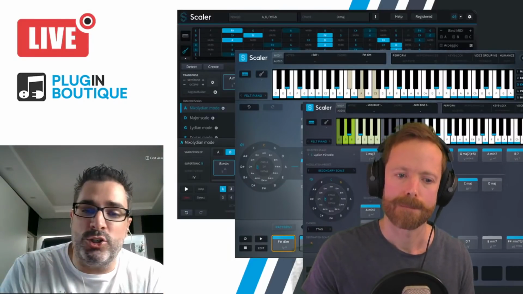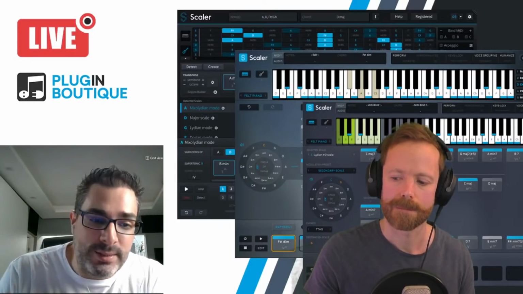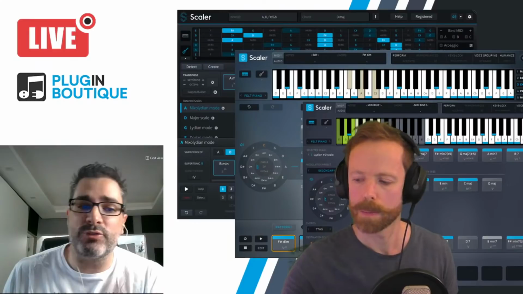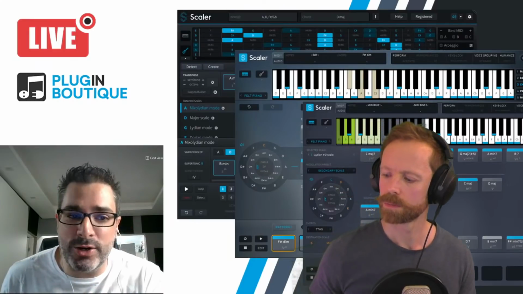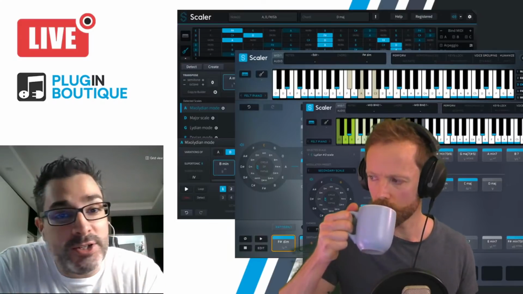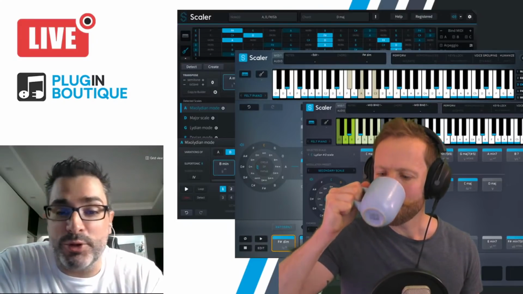Then in 2.2, we got the bass mode, the melody mode, and quantize and swing. In 2.3, we added riffs to the melody mode, a bunch of new chord sets, and undo and redo, which was a big community request.